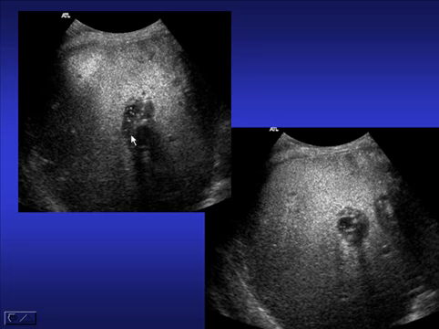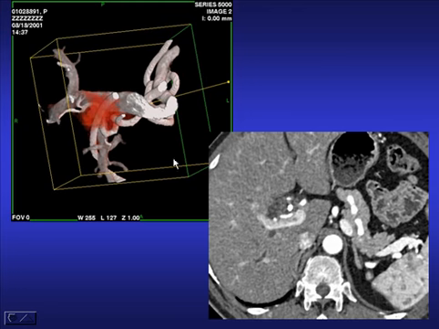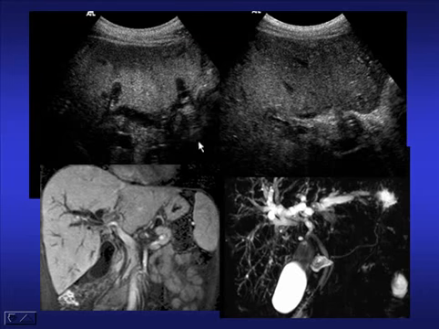Here's another example showing very clear delineation not only of the full extent of the tumour at the hilum of the liver, but looking at the very sharp boundary that this tumour presents, we can see whether or not there is direct invasion into the surrounding liver parenchyma or merely a simple mass effect. You can get the same information occasionally from CT scanning. Here's an example of a nice 3D study where we have particularly clear visualization of the tumour mass at the hilum of the liver, but this is unusual for CT,